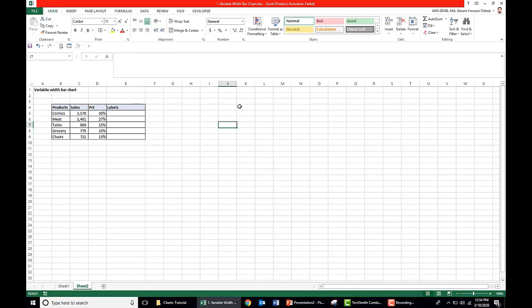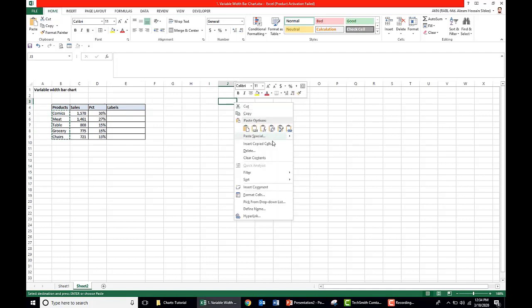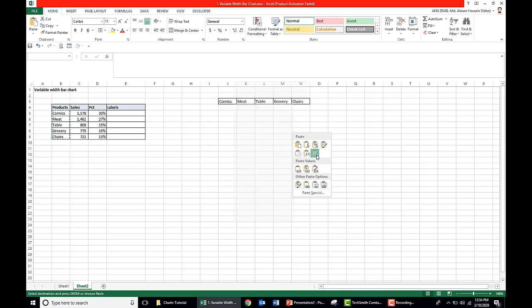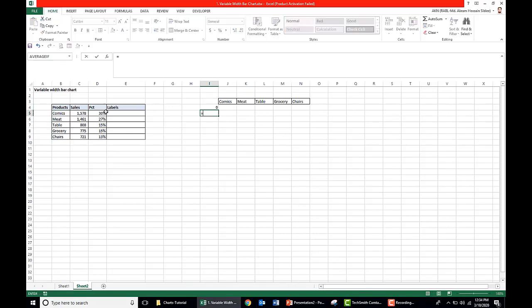Now we need to prepare a table to create our chart. Let's take this product in the column level. So I paste it as special and transpose. Okay, now we start from 0. So our first value is 30, meaning 30%. We make a round number, fix the cell and take 2 more times.